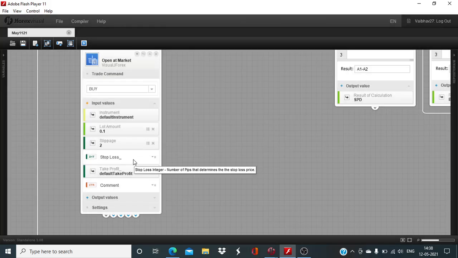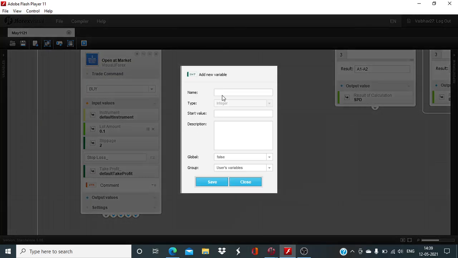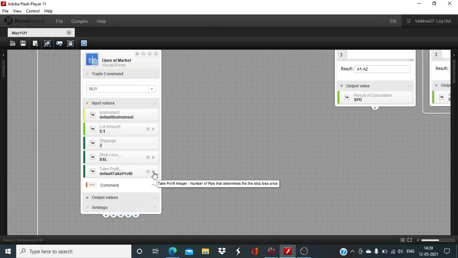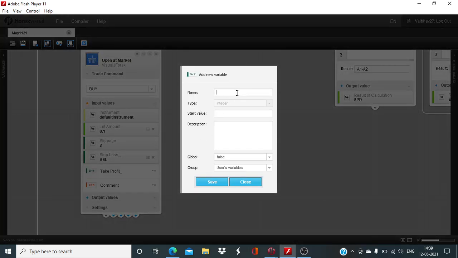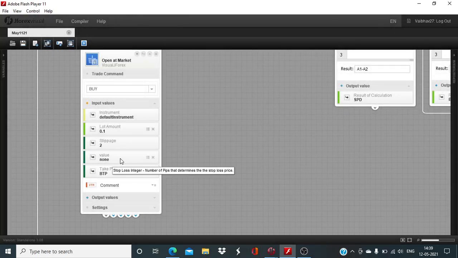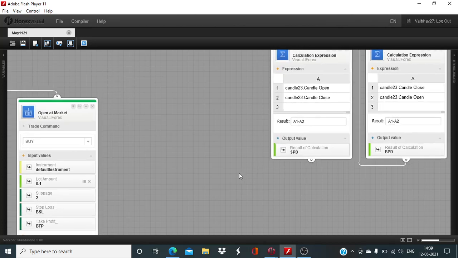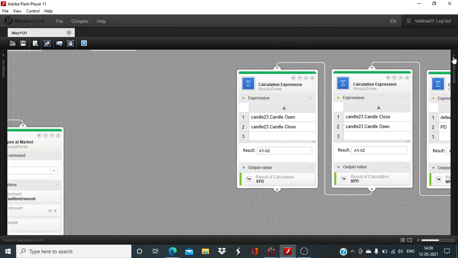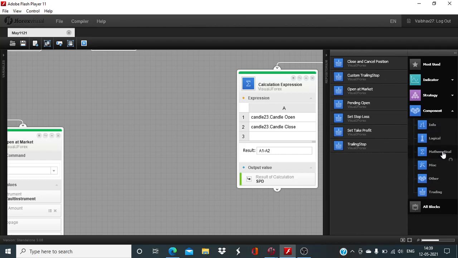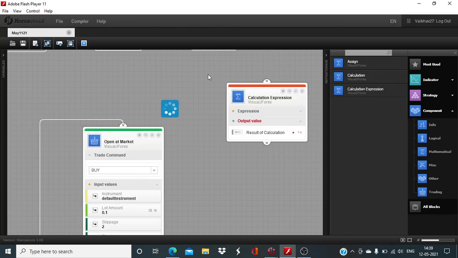Stop loss, I will create a new variable here named BSL by stop loss, and take profit also will have a new variable in place. Now we need to define the values for these, and that's going to be a simple job. All we need is mathematical component, couple of blocks, 2 at the minimum,